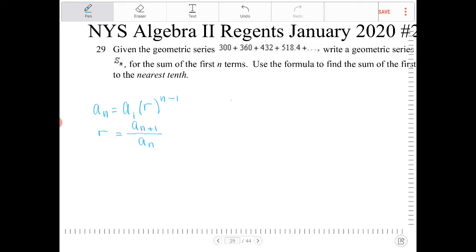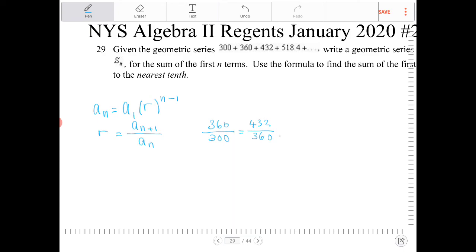What I have is 360 over 300. This is going to be the value of r. And being that this is a geometric series, 432 over 360,